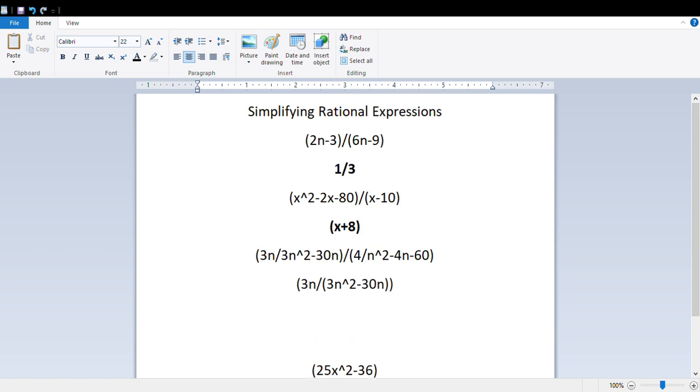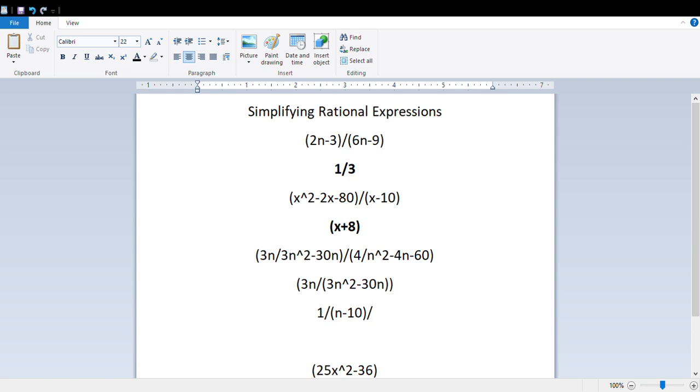From here you can factor the bottom part. So you can take out a 3n, right? If you took out a 3n, you'd have n minus, actually, 10. n minus 10. And so you can get rid of this 3n over 3n thing right here. So you're left with 1 over n minus 10. And then this whole thing divided by